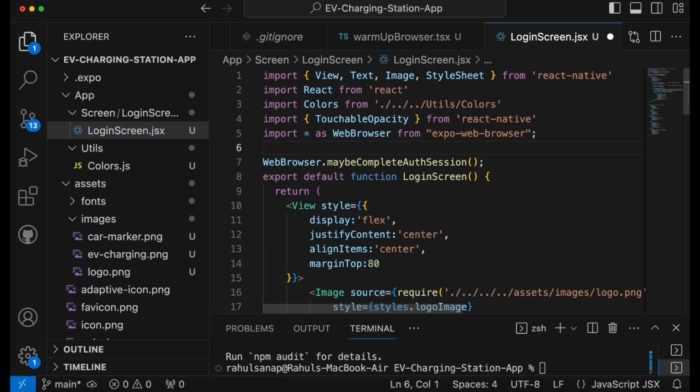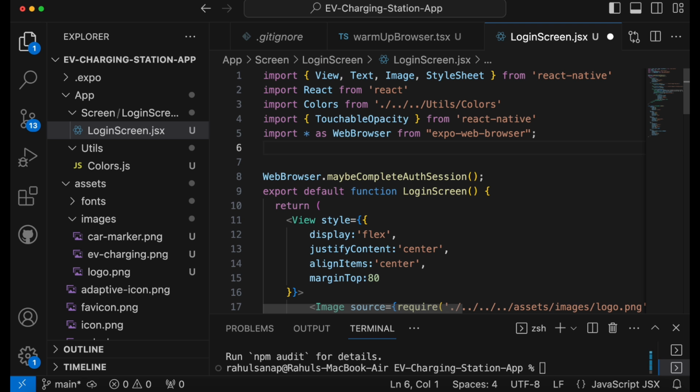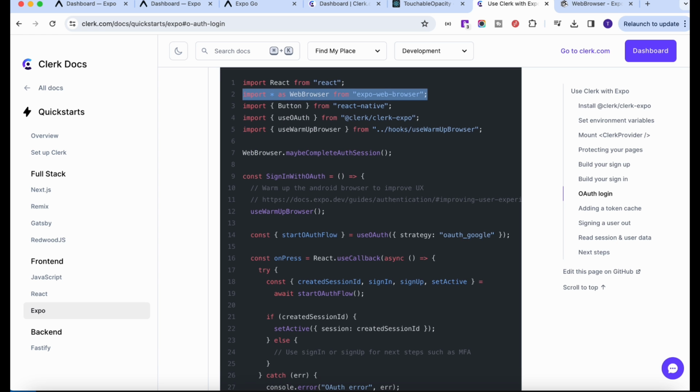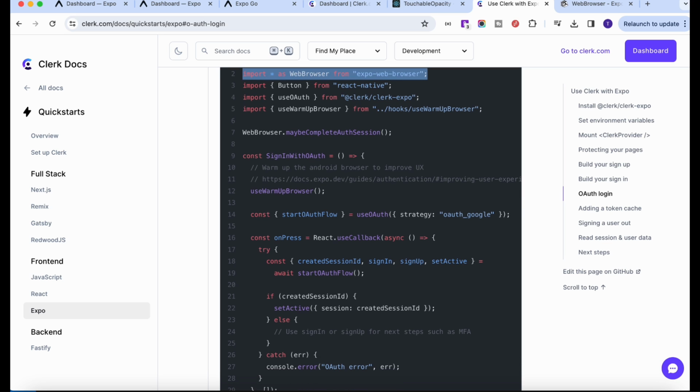Okay, if you think I'm going fast, don't worry, pause the video and do your step. Also, as I say, you can learn from the documentation how to do it. Once you install this one, you have to add this useWarmUpBrowser and this code as well,